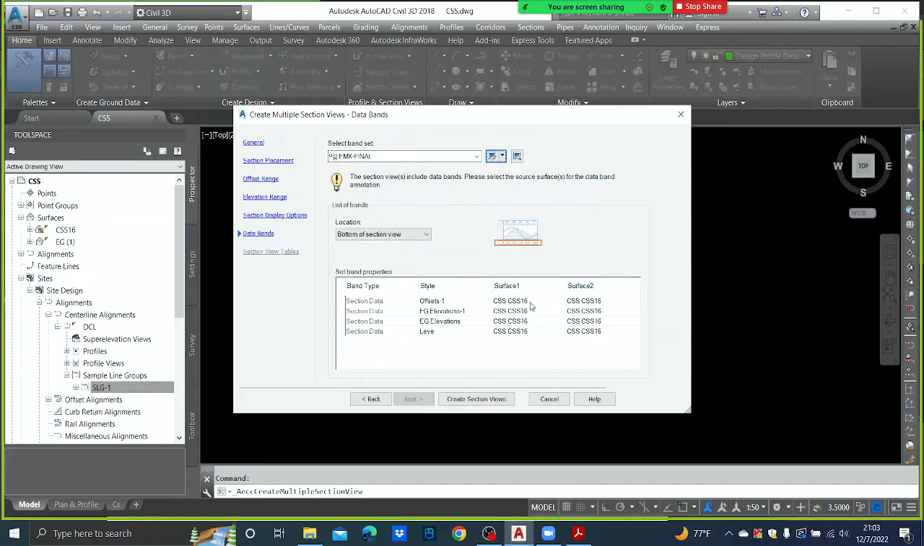Here I'm going to show offsets, FG elevations, EG elevations. EG elevations should be existing ground, understood? For FG elevations, CSS 16 is the surface that we created using the corridor. So that is the FG elevation, because they are giving not only the center line,